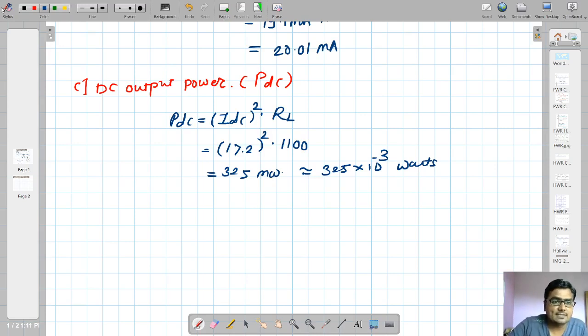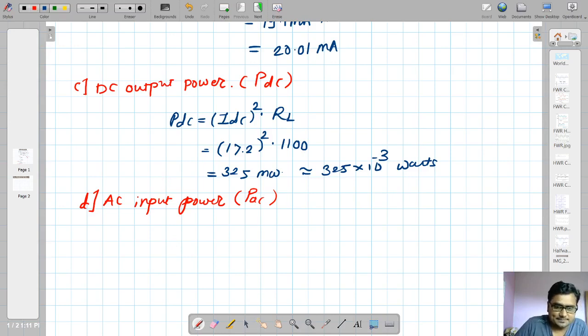Now the next, number D, is the calculation of AC input power. Look at this, AC input power. The notation is PAC. I'll write PAC, and you know the equation. The equation for PAC is, look at this, I'll write the equation. PAC will be then